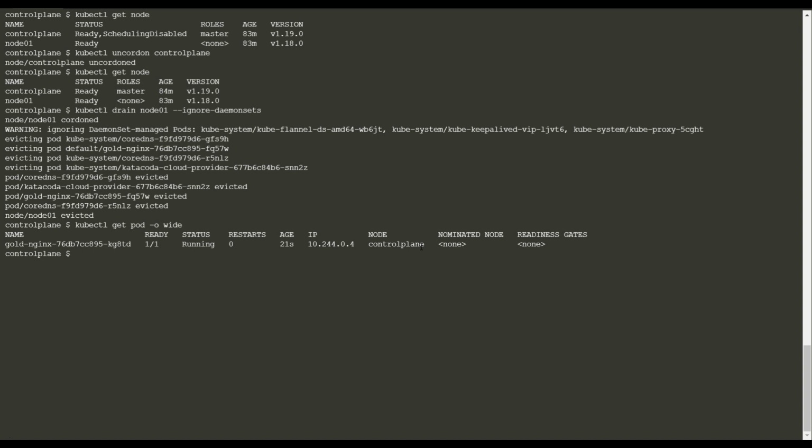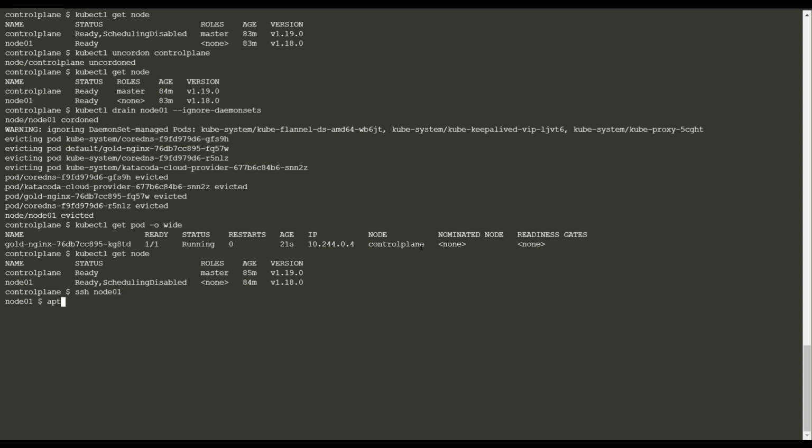We moved it because we have to upgrade the worker node. So it's now drained. You can check it with kubectl get node. Now it's not ready for work. Node 1 is now in the draining position and scheduling is disabled. Now SSH into node 1 because we need to upgrade the cluster worker node.